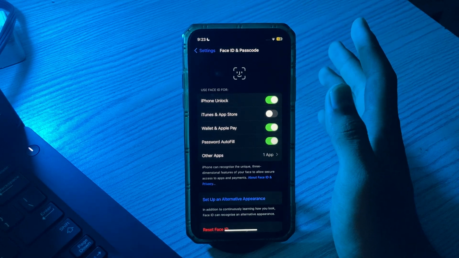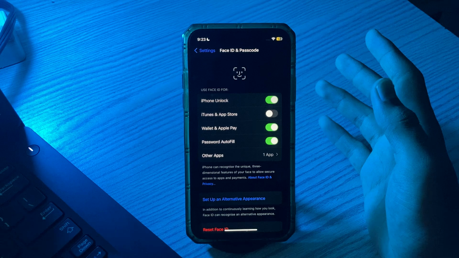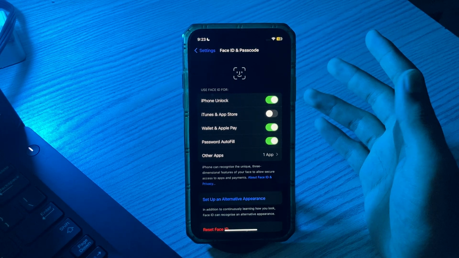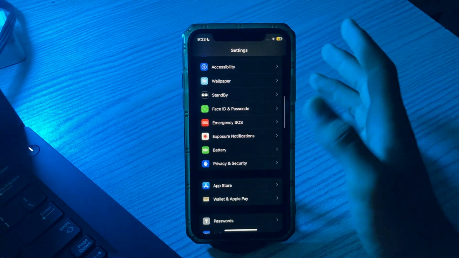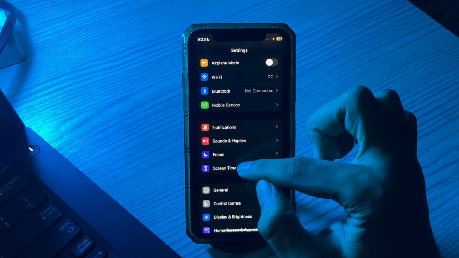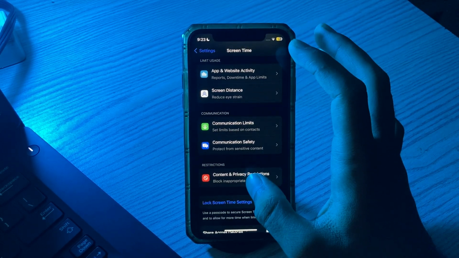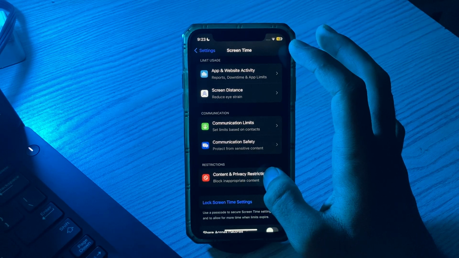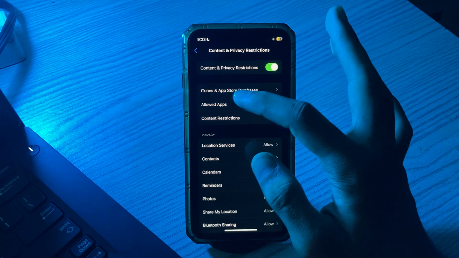If it still doesn't work and the apps are still requiring the Apple ID password, then simply you have to try solution number 2. Go back, scroll down, then you can see the option screen time. Tap on it, scroll down again, and you can see the option content and privacy restrictions. Go to it, go to iTunes and App Store purchases,